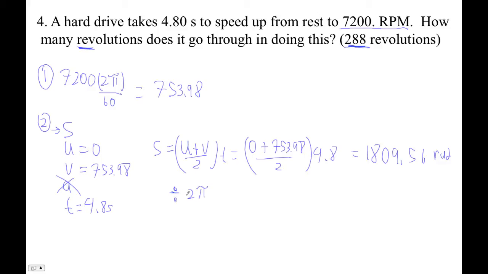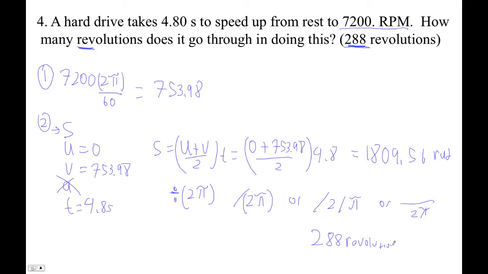Now be very careful when you divide by 2 pi. Right, you can't just go divided by 2 pi, because it will divide by 2 and then multiply by pi, right? You've got to do divided by parentheses 2 times pi, or divided by 2 divided by pi, or you can make a fraction, right? You can actually do alpha F1 and make a fraction if you've got a fancy TI-84 with a new OS. Okay, so let's see, divided by 2 divided by pi, and I get exactly 288